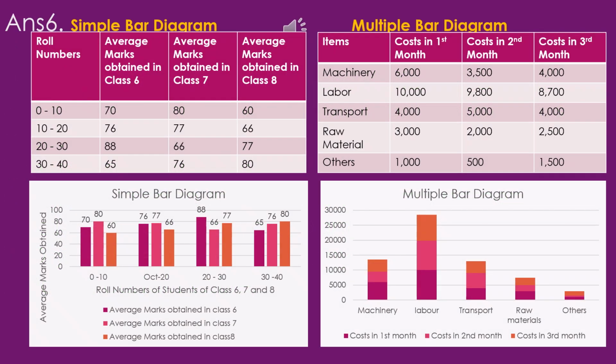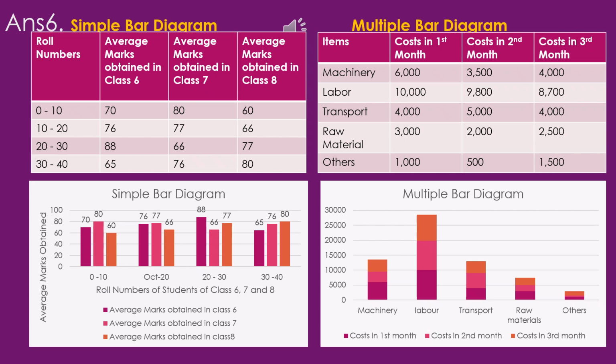Now answer 6: we will have to draw the simple bar diagram and the multiple bar diagram. For this we have taken the class roll numbers of students, and the classes they belong to are class 6, 7 and 8. So 0 to 10, 10 to 20, 20 to 30 and 30 to 40. These are the roll numbers of the different students belonging to class 6, 7 and 8, and their average marks obtained are given on the